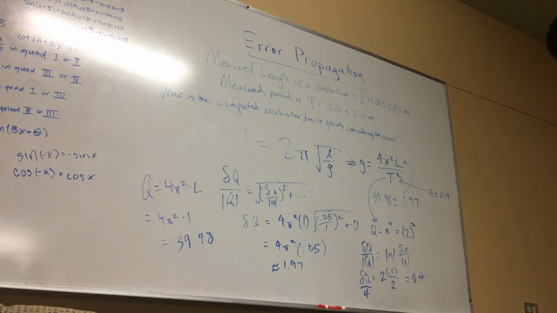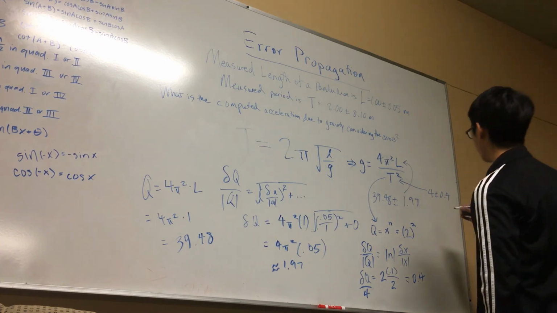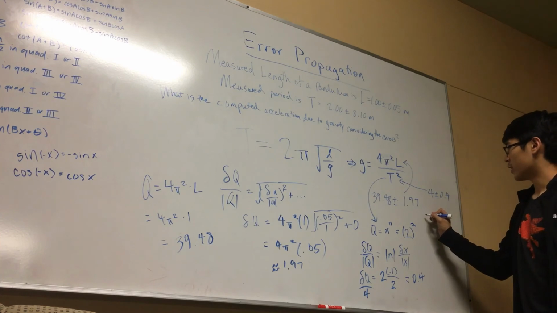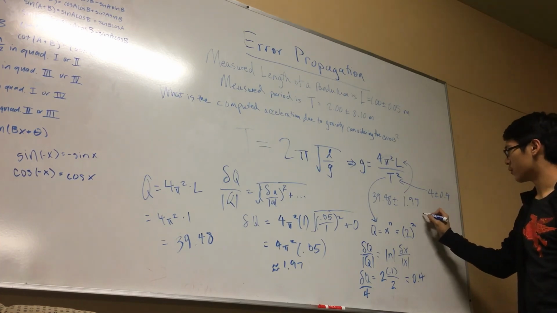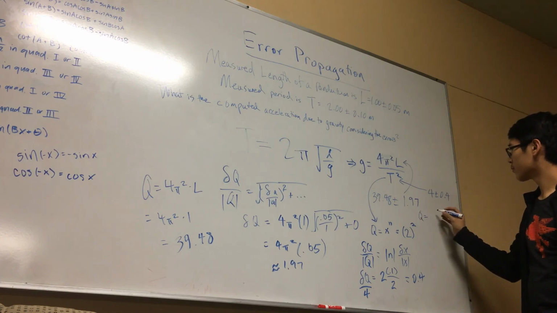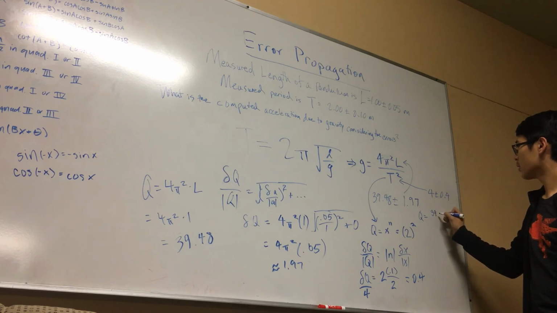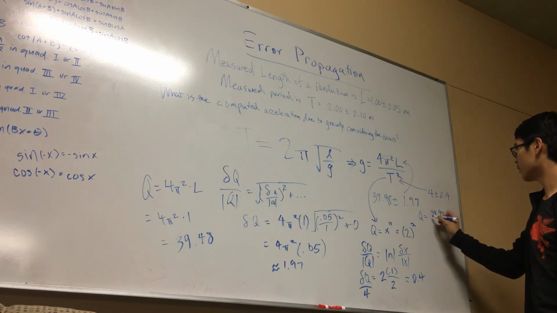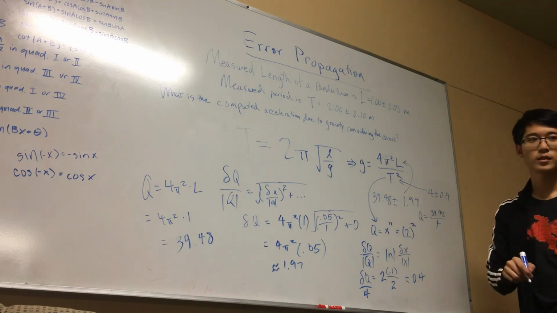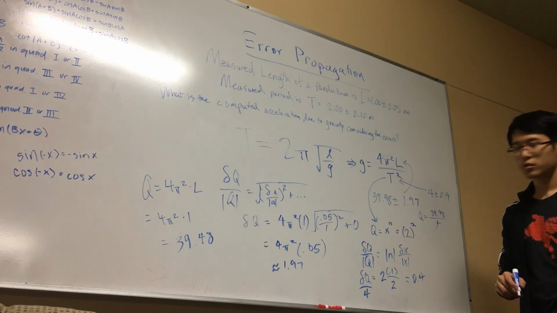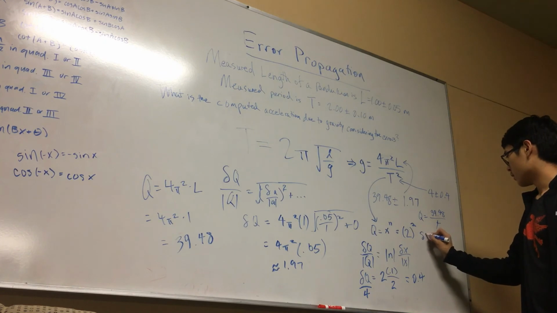Yeah. So now we just have a simple division, right? How do we divide? What's the error when we divide? Error in q, or uncertainty. Well, first of all, what is q? Q is going to be 4 pi squared L, or are we just calculating? Yeah, it'll be 39.48 over 4, right? Yeah, I'm taking the actual values of these two numbers. Cool. And then the error in q